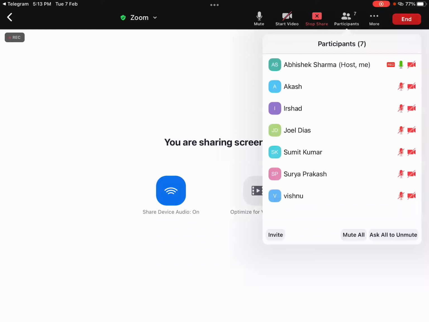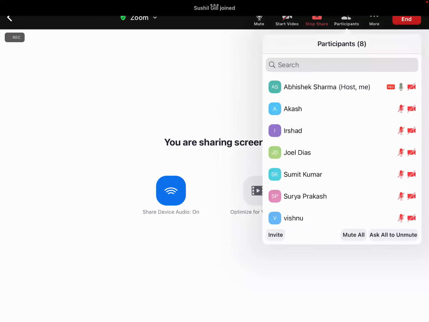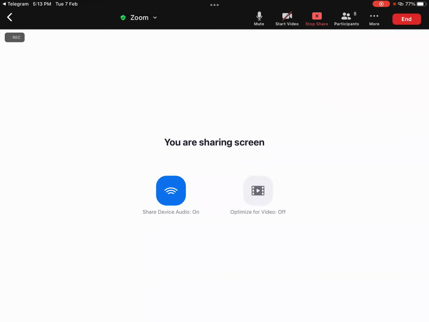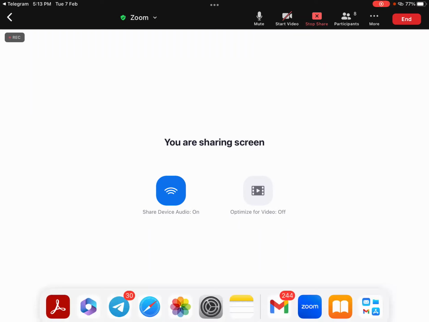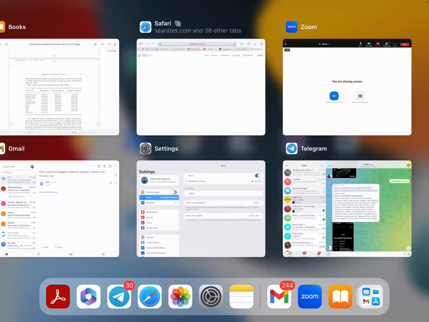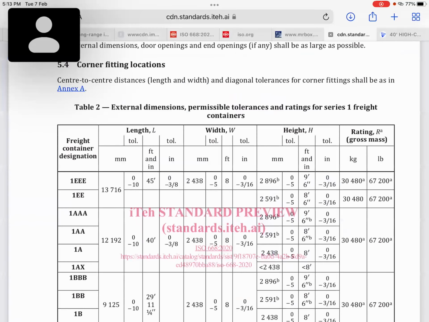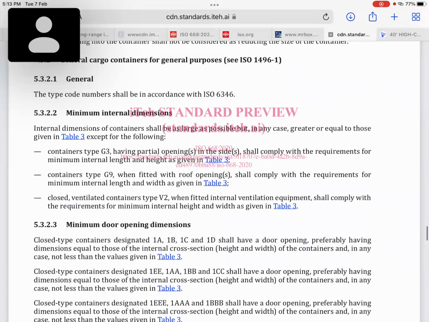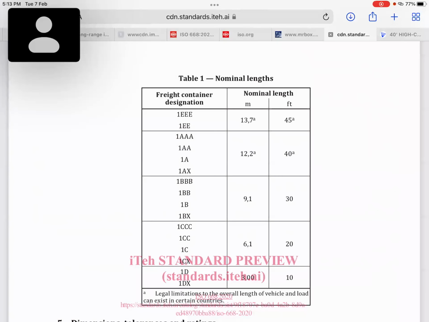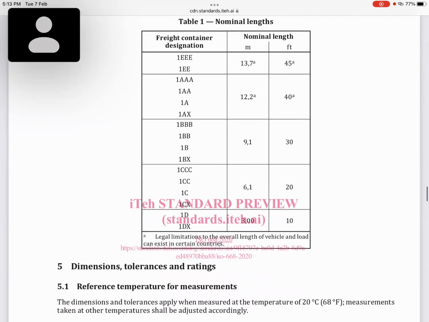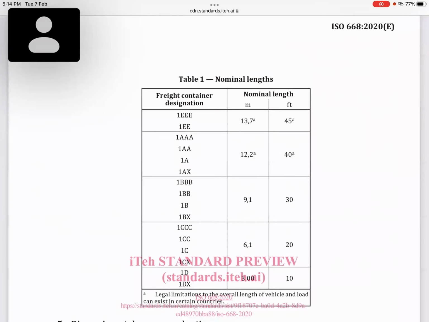Guys, can you see my screen? Let everybody join. Wait for some time. Okay, so